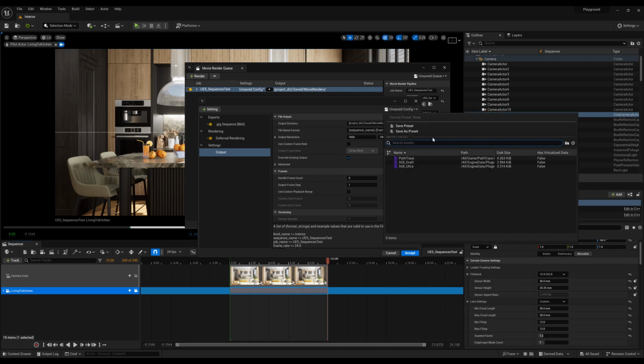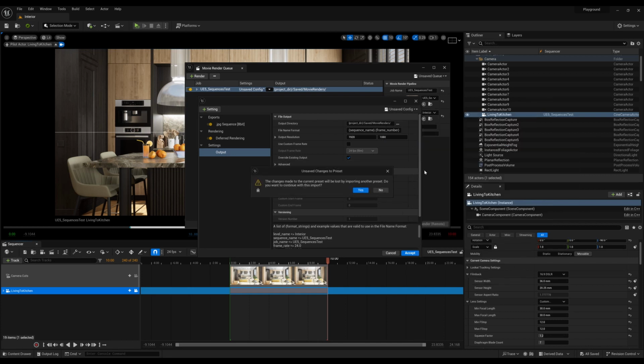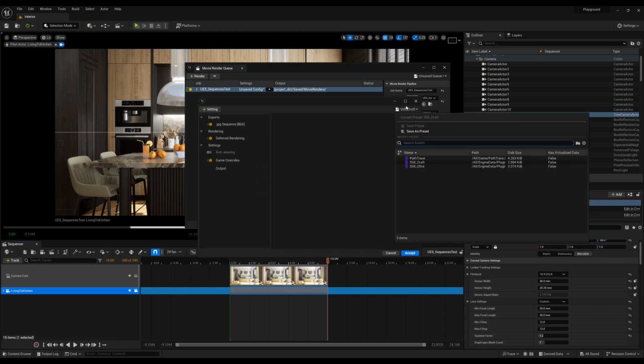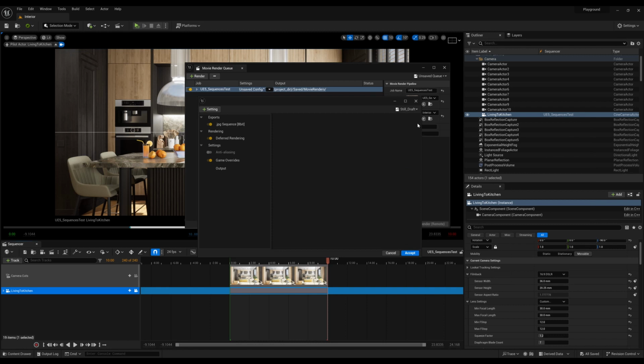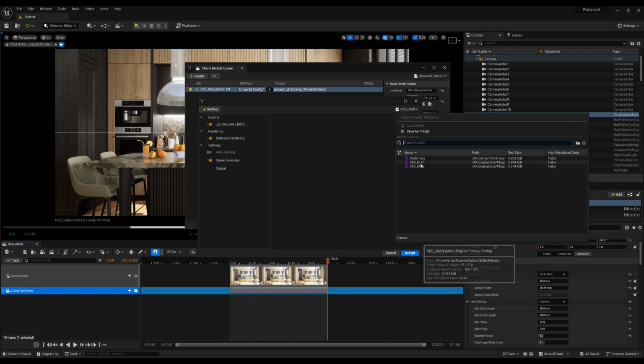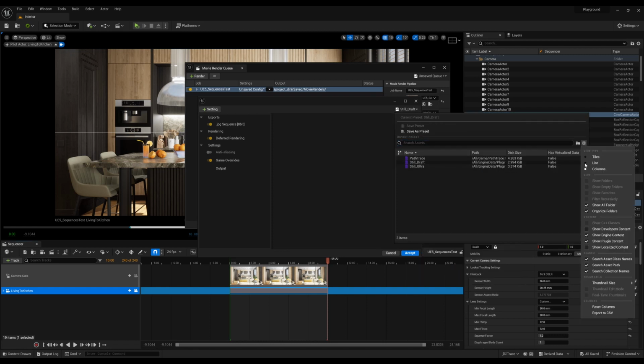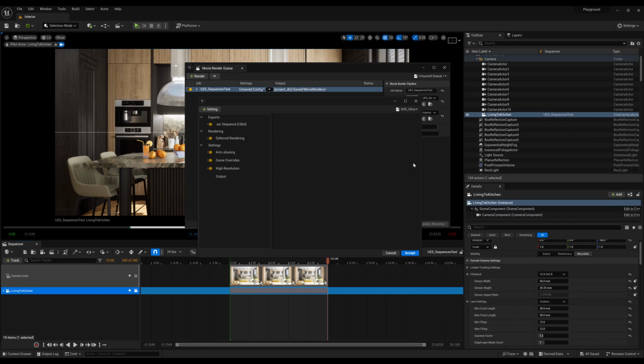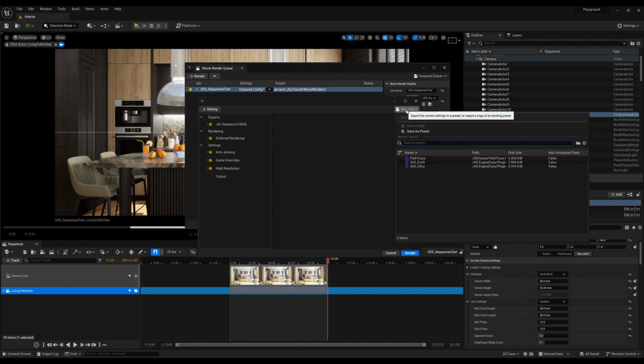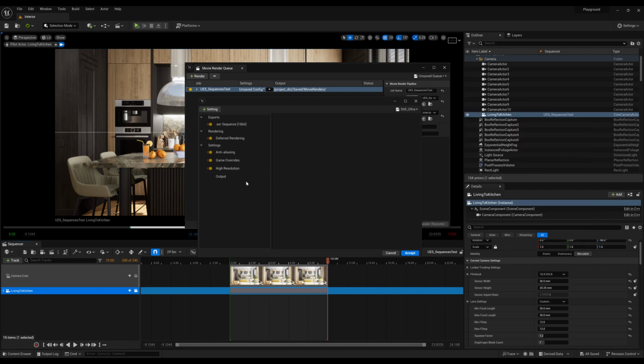And the first one is by default you might have some settings that you can check in this presets option. You normally get the still draft and still ultra if you go to show engine content and show plugin content. That's going to give you those two. And those are quite good to get some renders of high quality. So give it a try, see how it looks. But